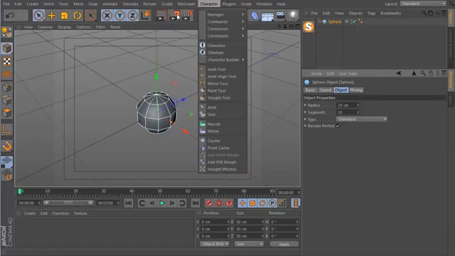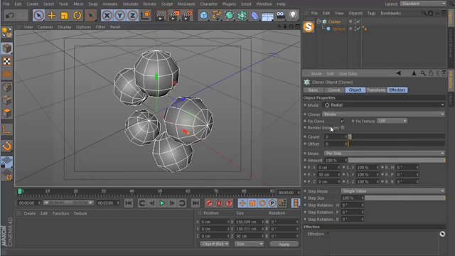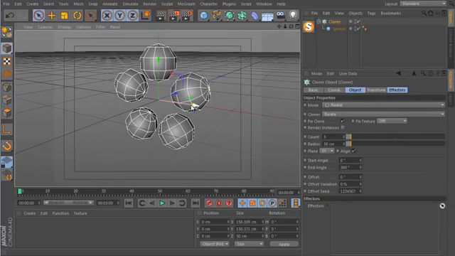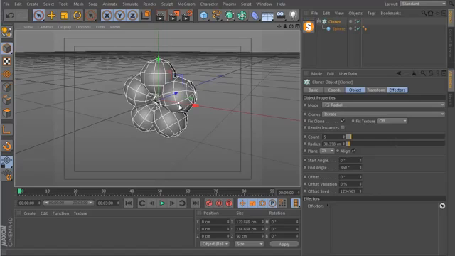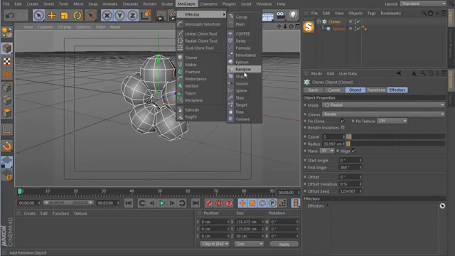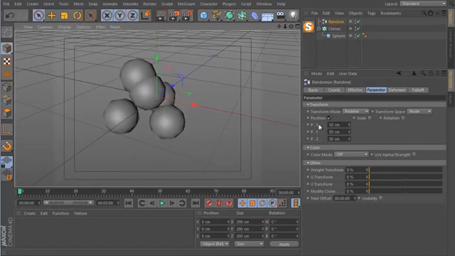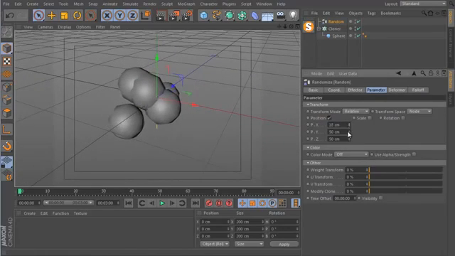Drop this into a cloner object, set the mode to radial, just bring it in, go to MoGraph effector. Let's grab another random effector just to randomize the position a little bit, and we can play around with the